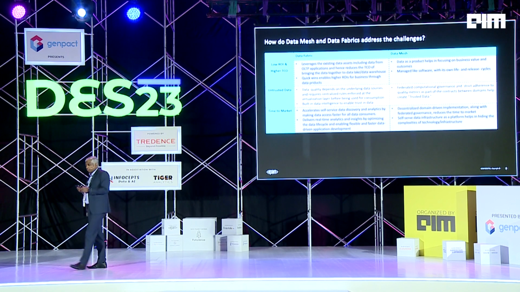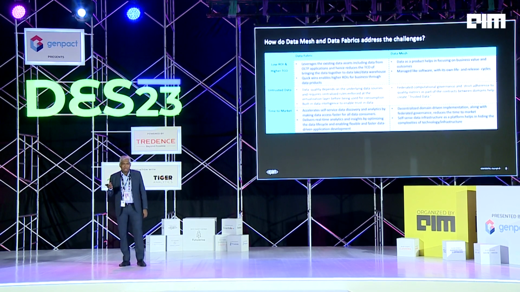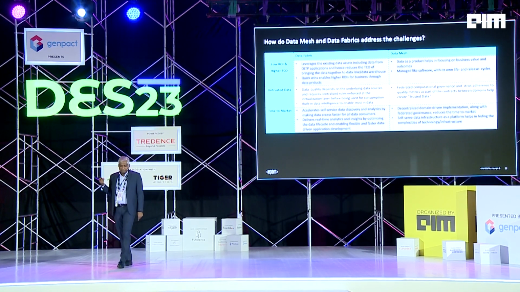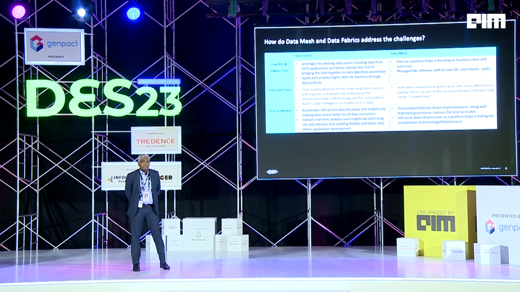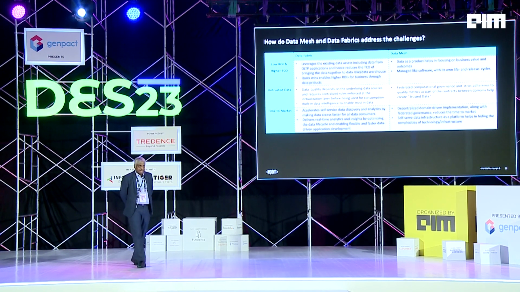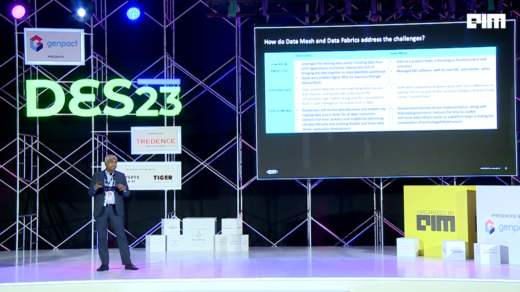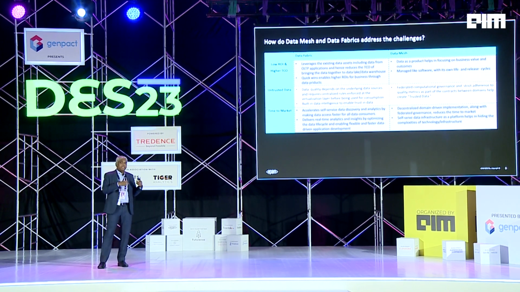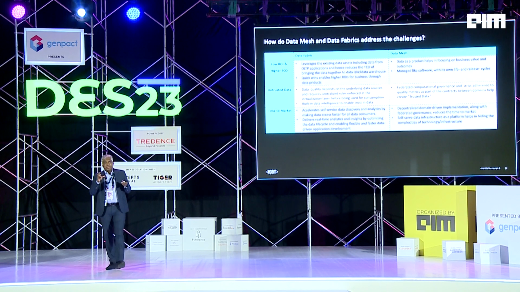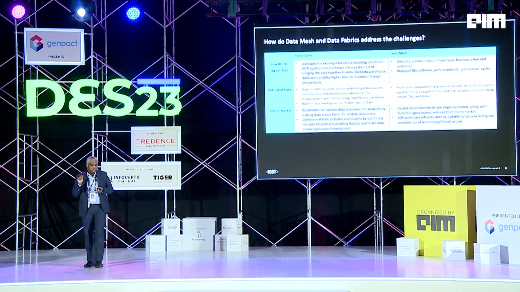So how do these concepts address the challenges that I talked about? If you look at low return on investment and higher TCO, right? If you look at Data Fabric, since it's leveraging existing data assets, obviously there is an extra TCO from an infra standpoint, setting up the Data Fabric, which is a centralized unit that you need to set up to execute it. Probably it might be part of the CTO team, or it can be a separate team to execute this, etc. So there is an extra TCO, but since you are leveraging most of the existing data assets, from a TCO standpoint you can still manage it. Obviously, there is some extra piece that you need to do.